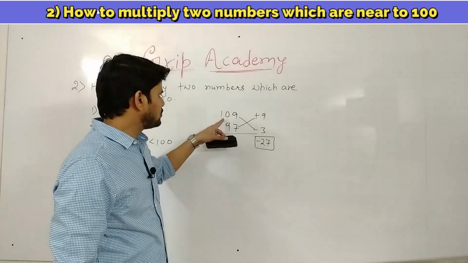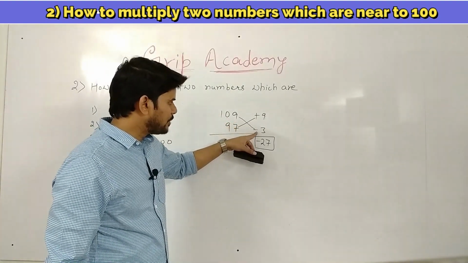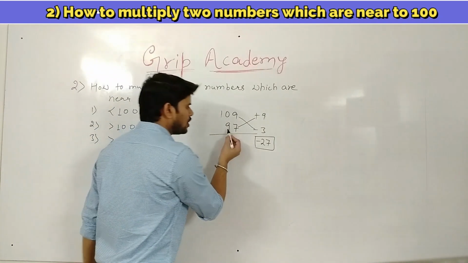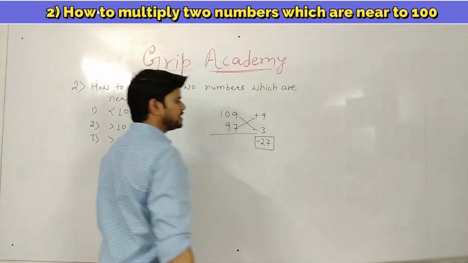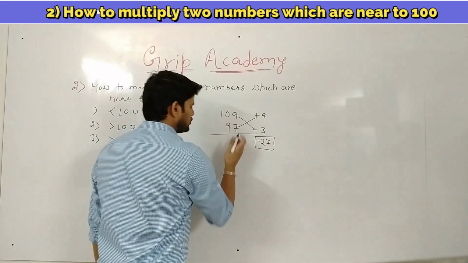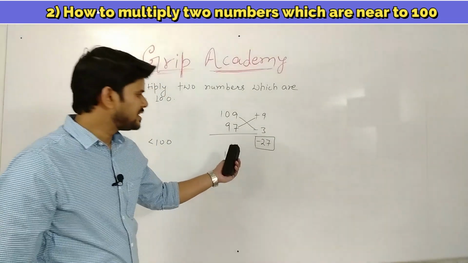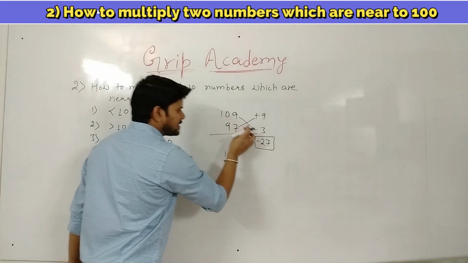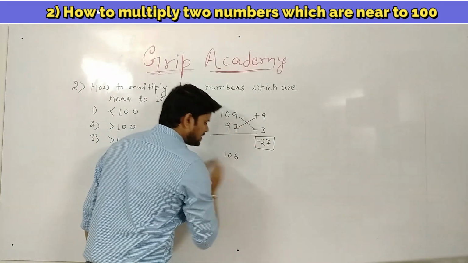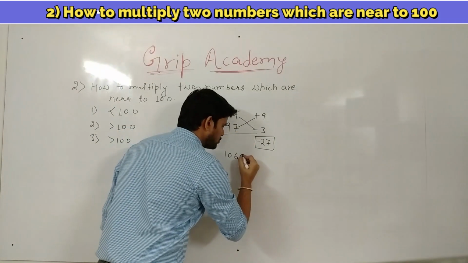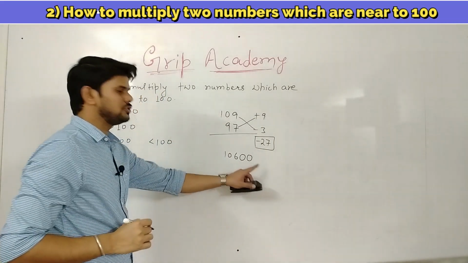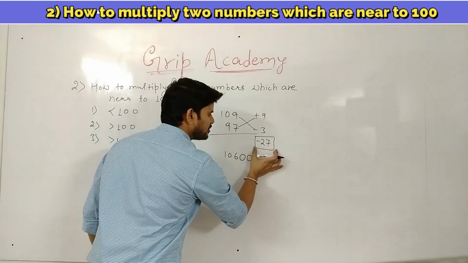So 109 minus 3 is how much? 106, or 97 plus 9 is how much? 106. So we will write 106. Okay, here the concept is a little different. So after adding these two or these two, whatever number is coming here, we will put 20 after that, and then whatever number we are getting here,